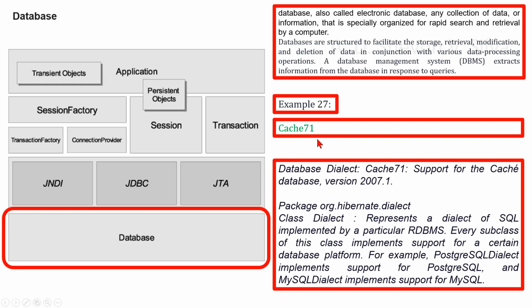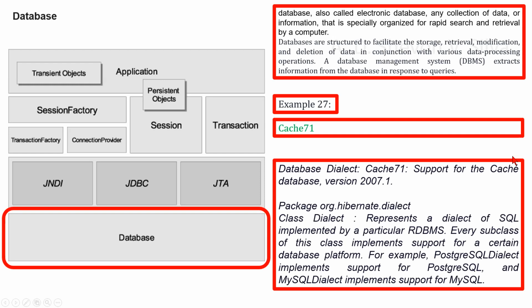If for some reason it is not able to determine the proper one, or you want to use a custom dialect, you will need to set the hibernate.dialect setting to change the dialect. Here we are considering dialect Cache71,